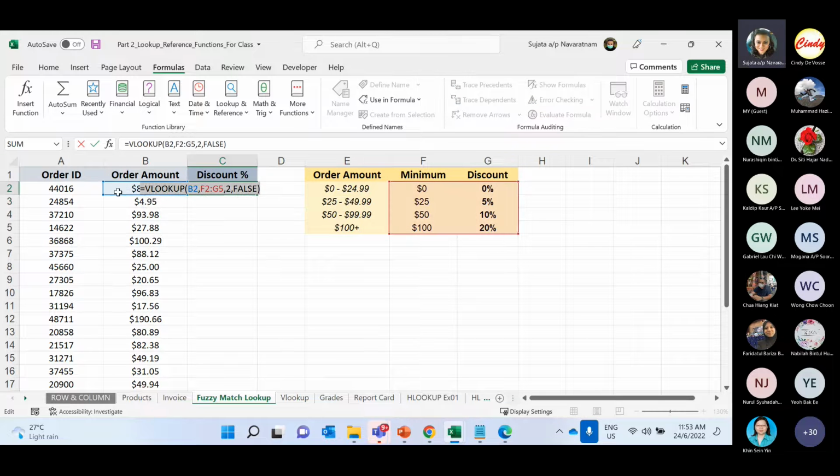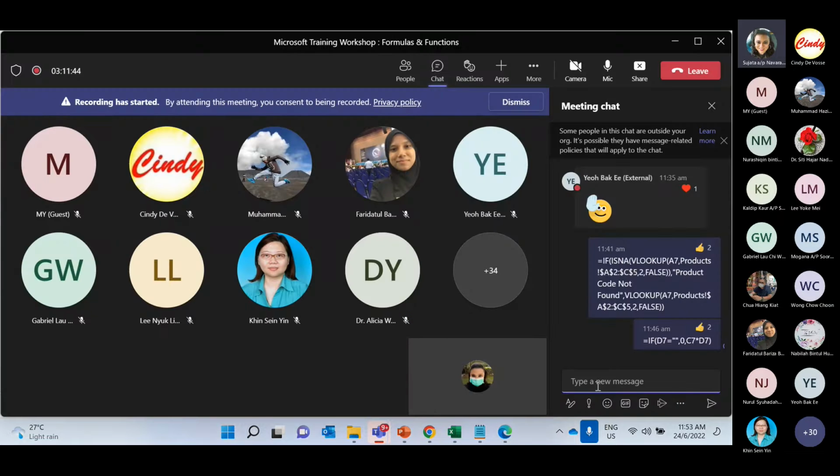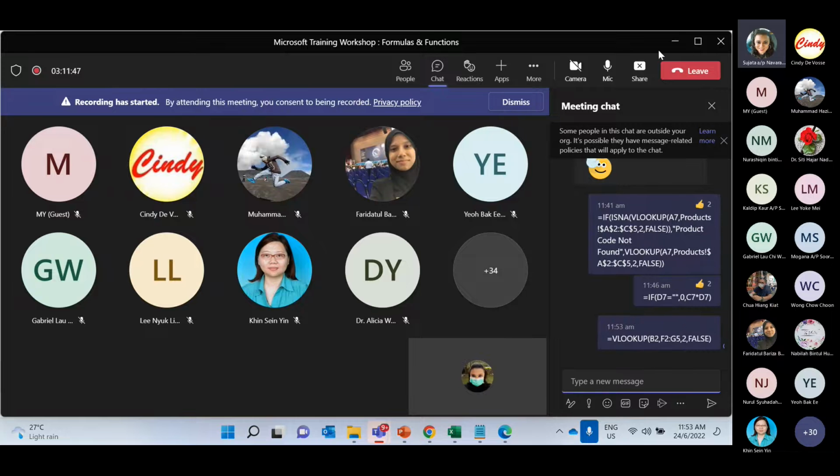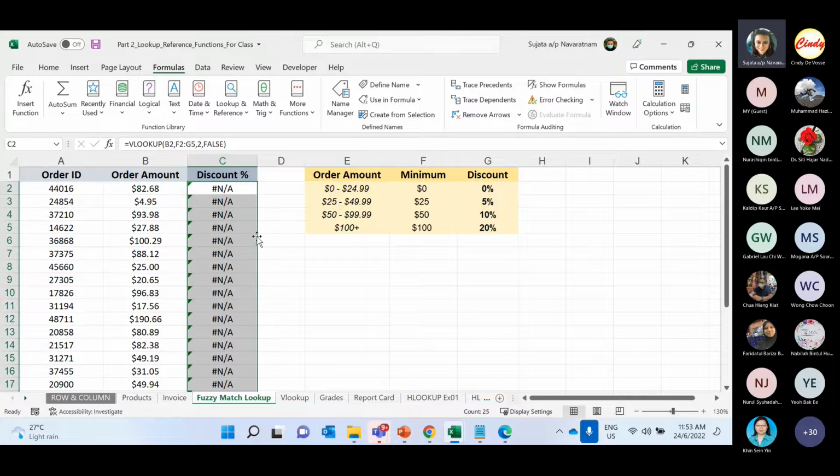Okay, so like I said, this is going to give us an error. It says NA, which means that item is not found. I'm just going to type that code in the chat. So this item is not found, so it's returning NA. But if I populate the remaining